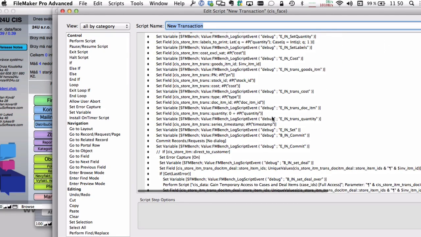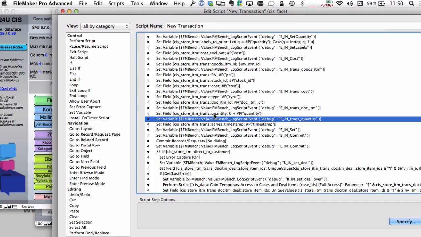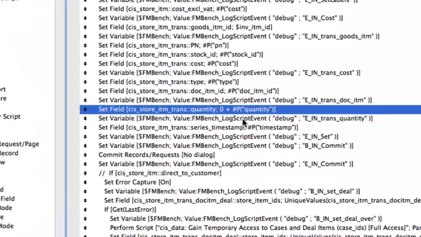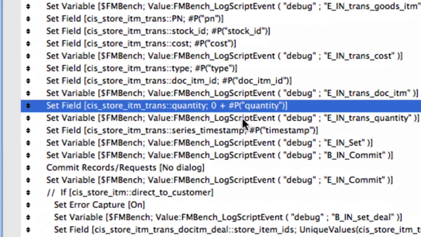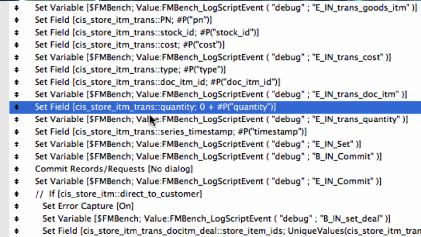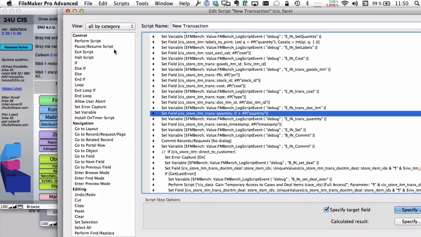And here it is. So we know that this single script step is taking 3/4 of a second, while other set field script steps are taking much less. So why is this happening? We set the quantity to something, and now the hard optimization begins, because it becomes much harder to find out. I have 2 ways how to do this kind of examination. First is when I go to